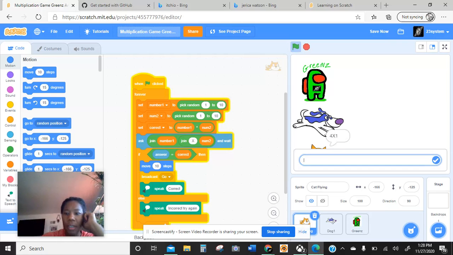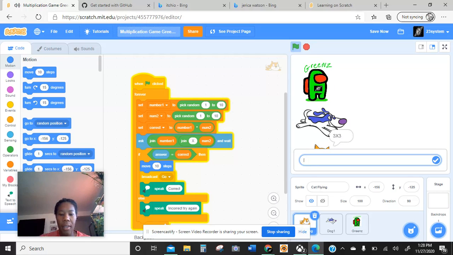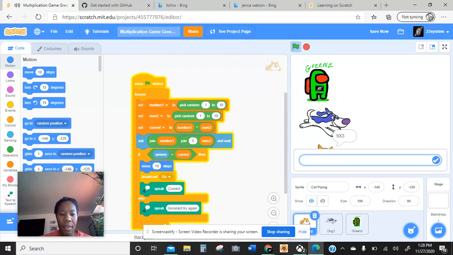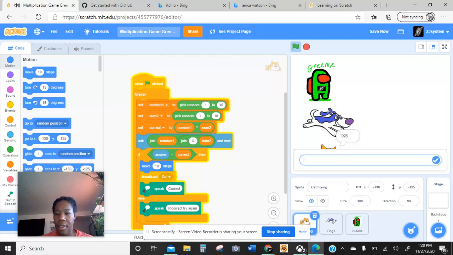So we're good. Now we need to check to see if, in fact, we've typed the correct answer. So we'll go back to our control, and we'll get an if-then-else block. And we're going to see if the correct answer equals the answer that we typed. So we go to the operators, and we come and grab